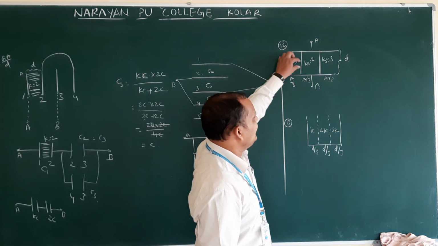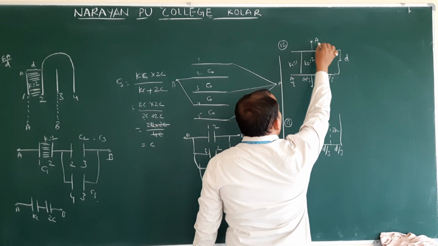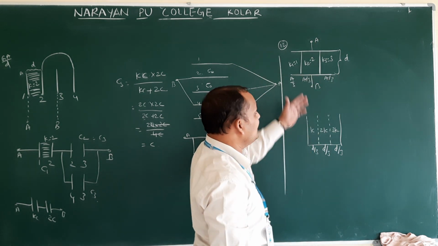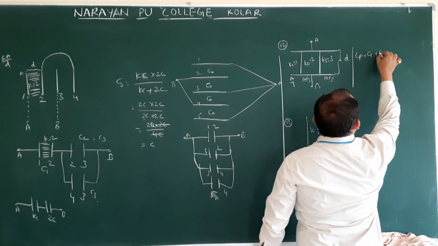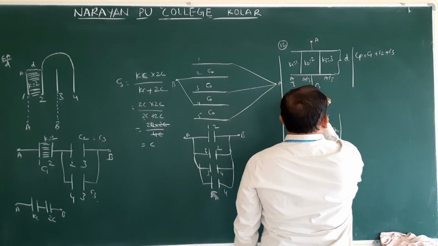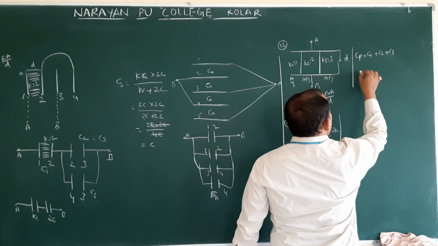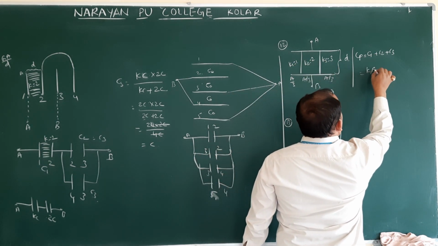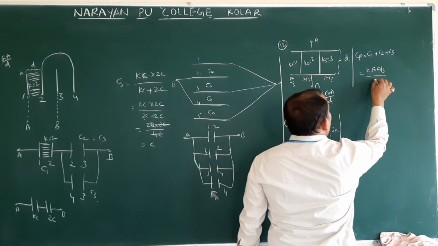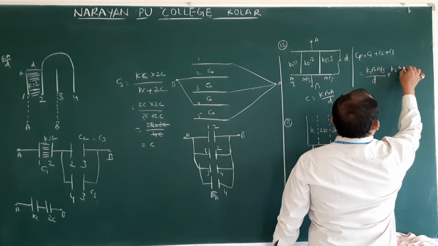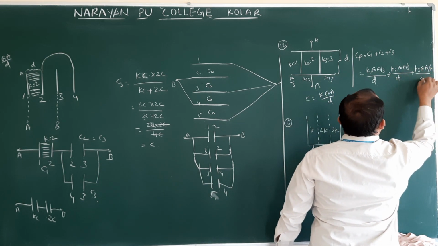So in this, how are these three connected? That is important. So these three capacitors are C1, C2, C3. All first plates are connected to A, all second ones are connected to B. Then how are these three connected? In parallel. Parallel means what is the formula? Cp is equal to C1 plus C2 plus C3. The general formula is C equals K epsilon naught A by D. Then C1 is equal to K1 epsilon naught, A value is A by 3, D is D, plus K2 epsilon naught A by 3 by D, plus K3 epsilon naught A by 3 by D.